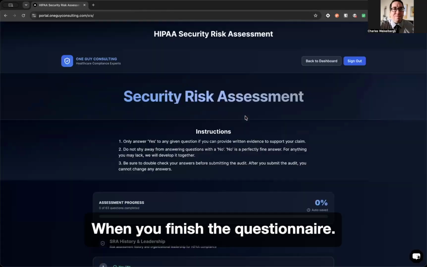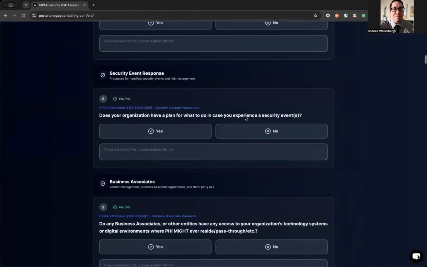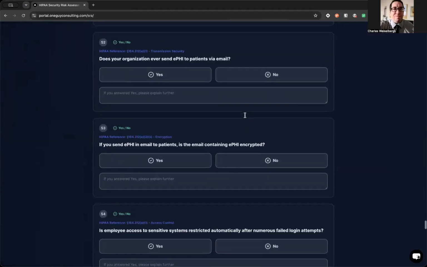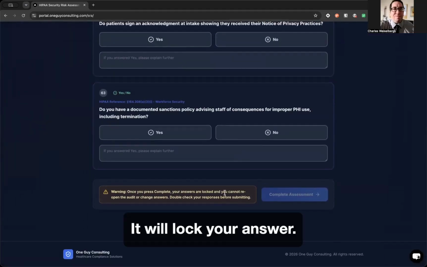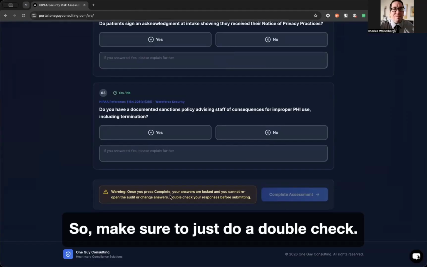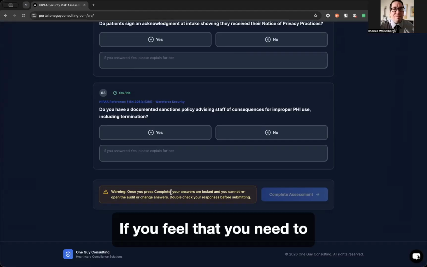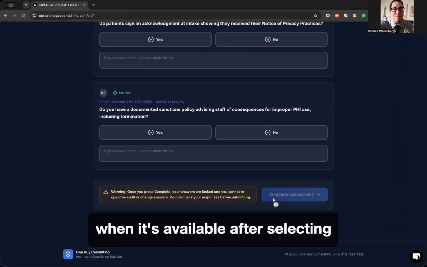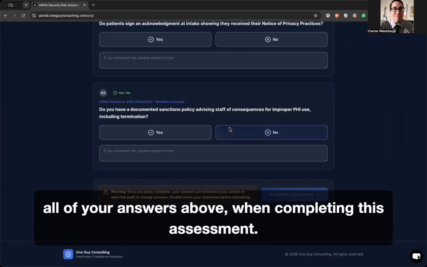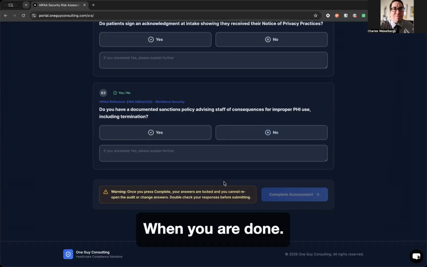When you finish the questionnaire, it will lock your answers. That's on purpose. So make sure to just do a double check if you feel that you need to before hitting this button when it's available after selecting all of your answers above when completing this assessment. When you are done,